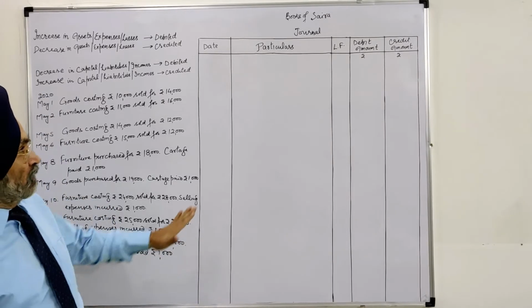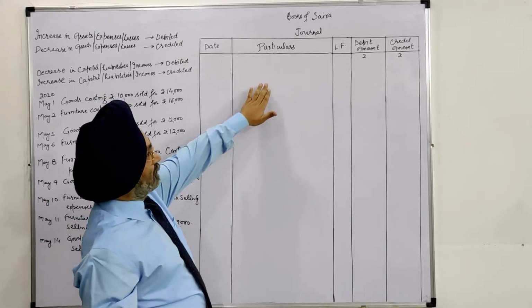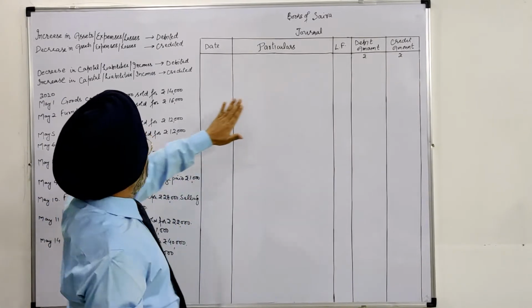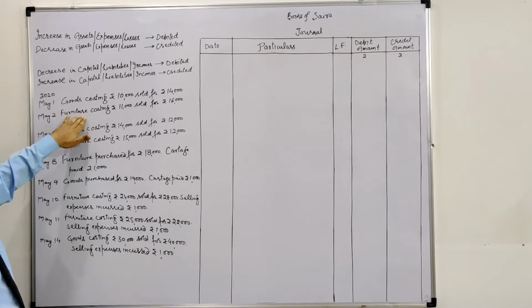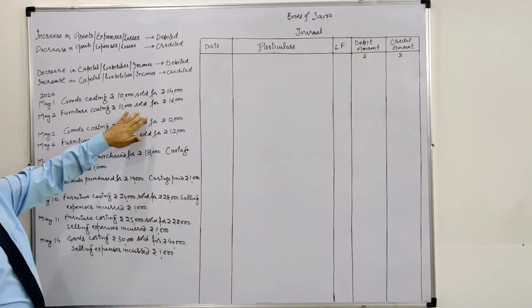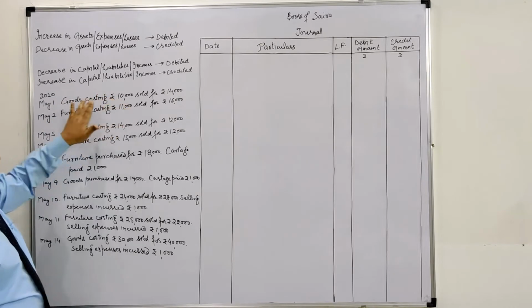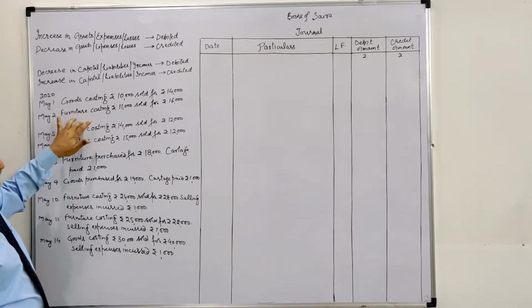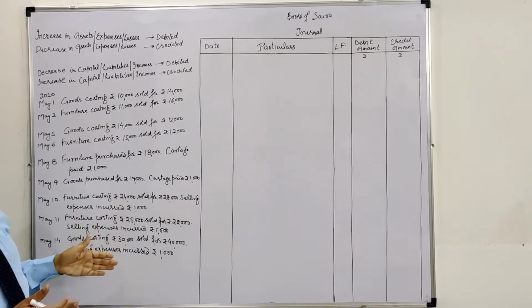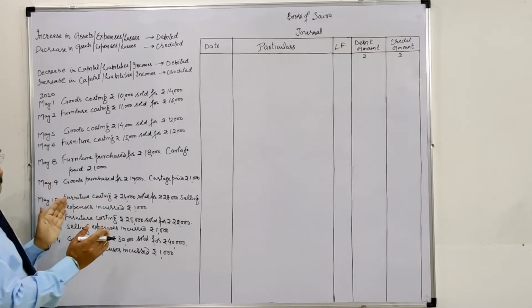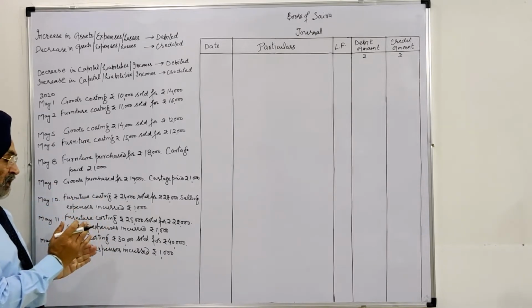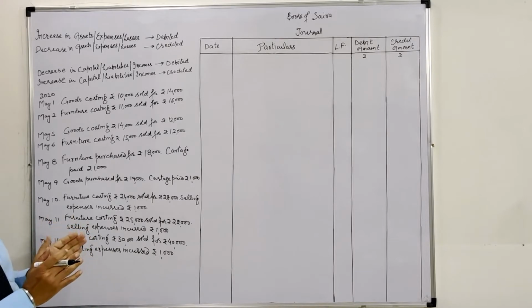Friends, today I am going to prepare video number 5 on journal, and this is with regard to the profit or loss. We will distinguish between how the profit or loss is treated when goods are sold and when an asset is sold, how that is pictured, and then how expenses incurred at the time of purchase or sale are tackled when goods are purchased and sold and when an asset is purchased and sold.